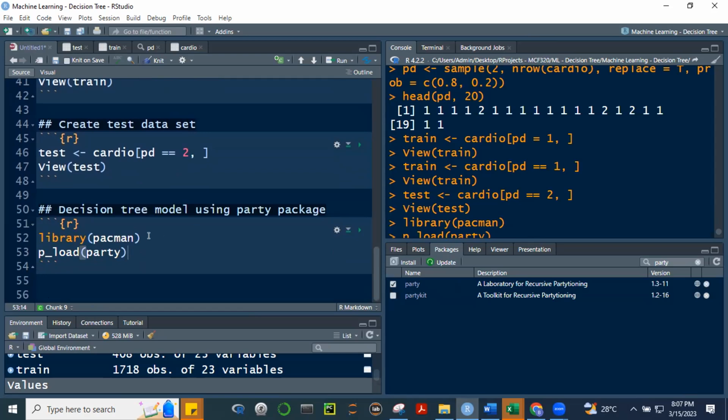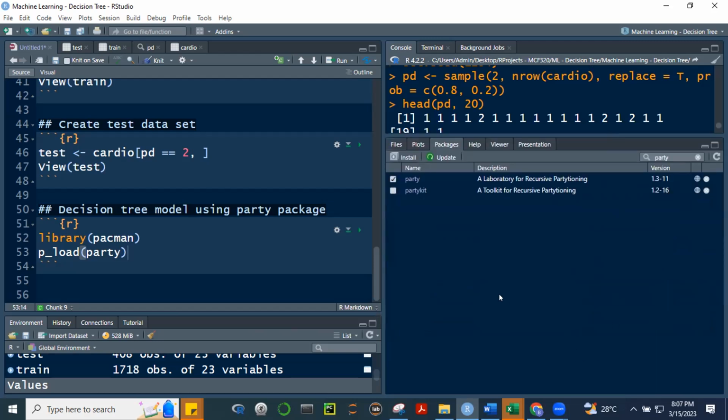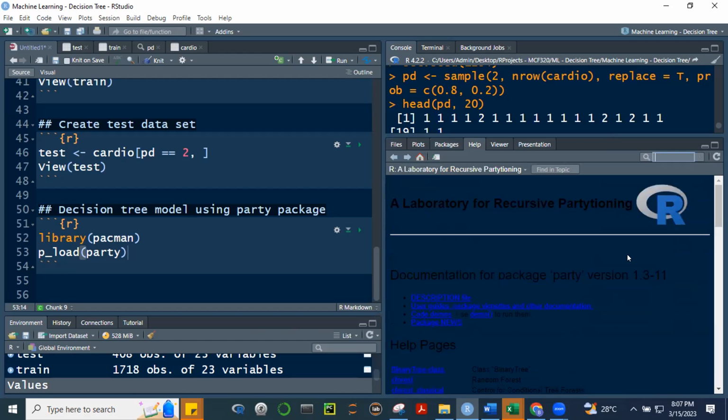Generally, pag ginamit natin si Pacman, tapos install and library yung ano, I like this kasi isang function lang to eh. Pload will install and load the package at the same time. So, paki-try please na mag-install that packages. Yan. Diba? Yung usual natin na partition. After running that, library. Okay. And paki-chat kung okay na.